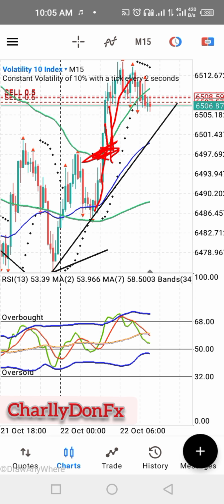Now the price came down, retraced, and closed inside the Bollinger Band. It closed inside the Bollinger Band. Now take a look at what you do. First of all,